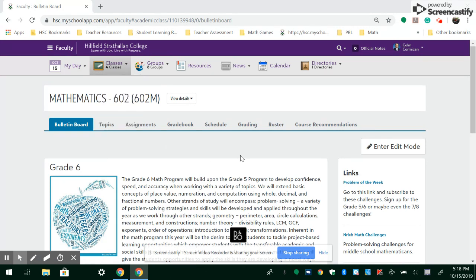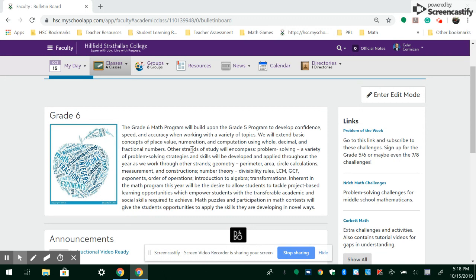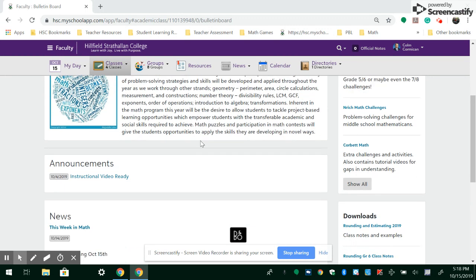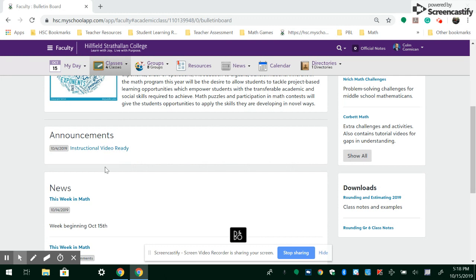for you guys, you'll have your student or your respective child's math page, and they all look pretty much the same. We have a blurb at the beginning here explaining a little bit about our program in grade 6, and we have a tab for announcements. So if I have an urgent message I need to get to some students, I will put it in here